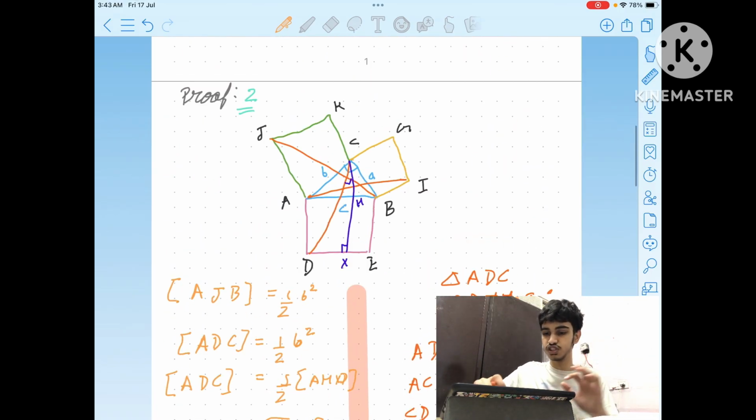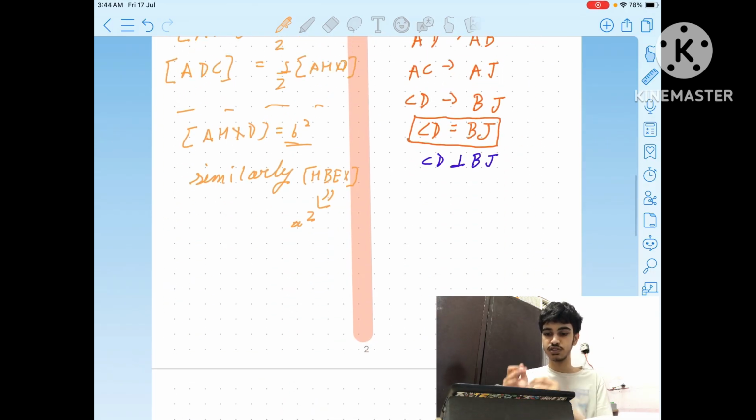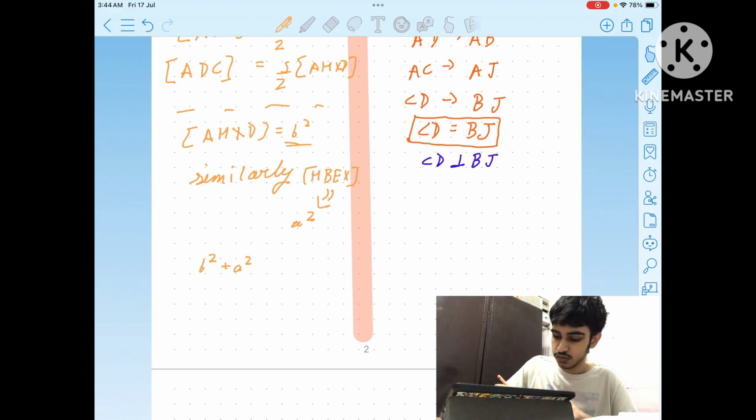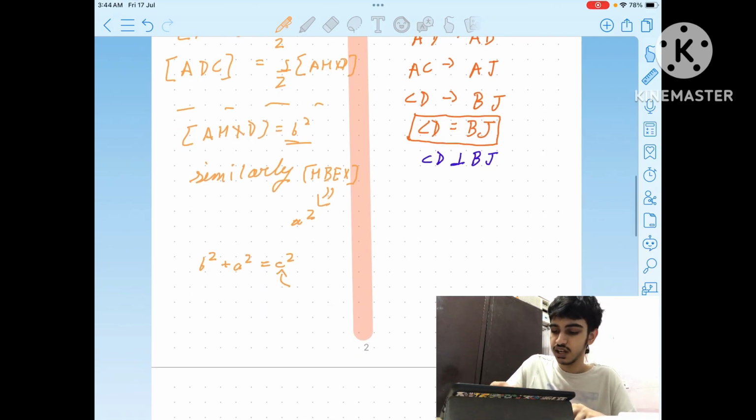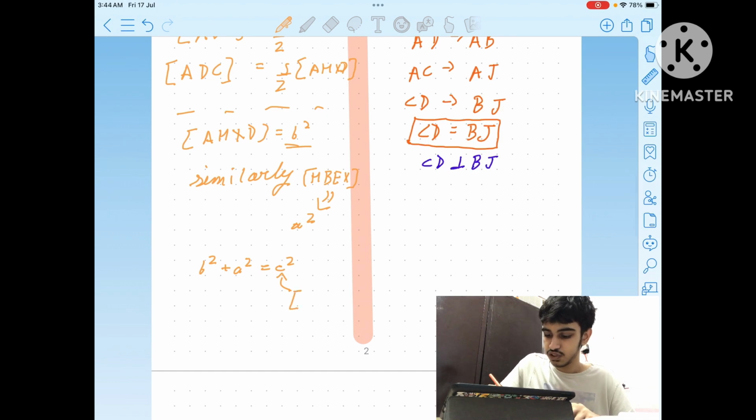You could do the same by creating the triangle ABI and CEB, rotating it again, making the sides parallel and doing the same, and you will come to the same conclusion. And if we add both things up, what are we going to get? A square plus B square equals C square,